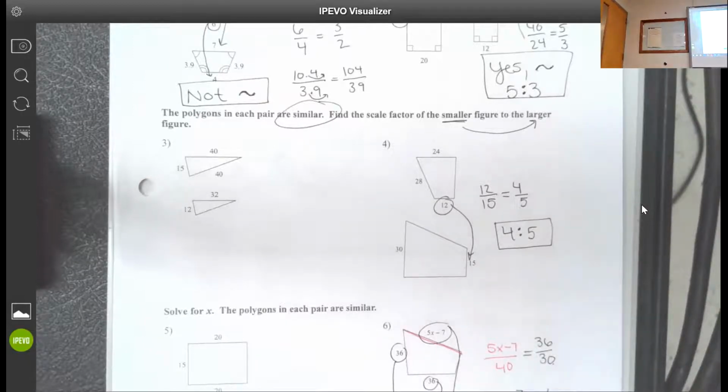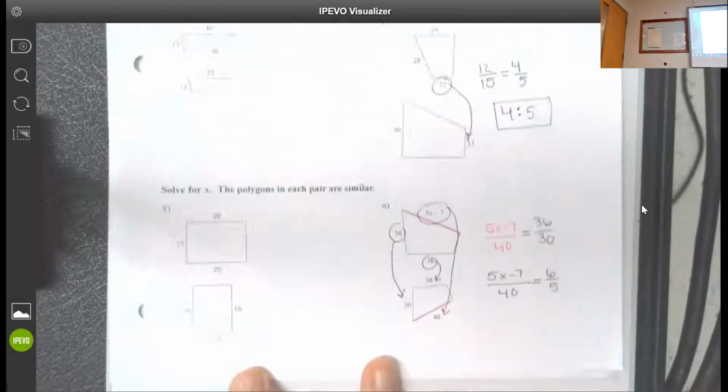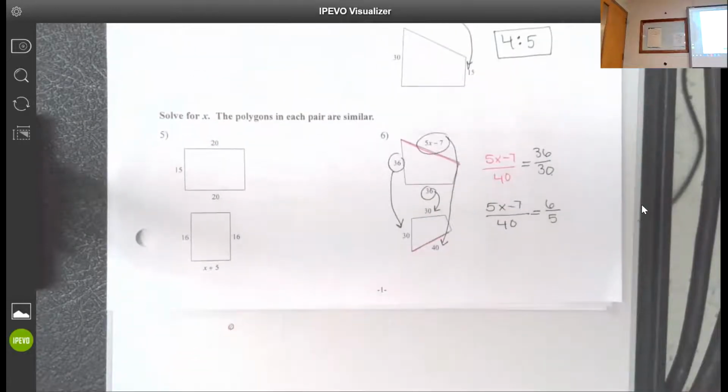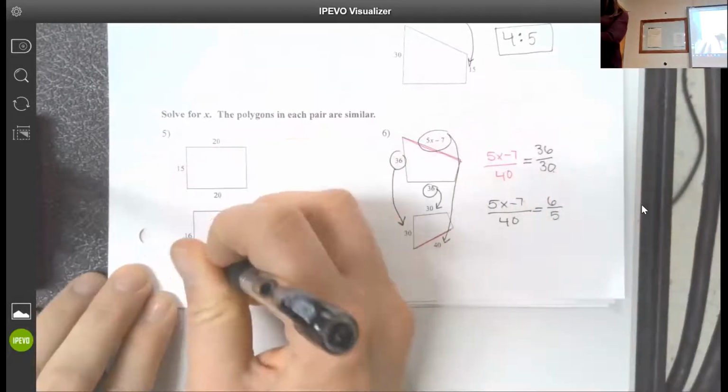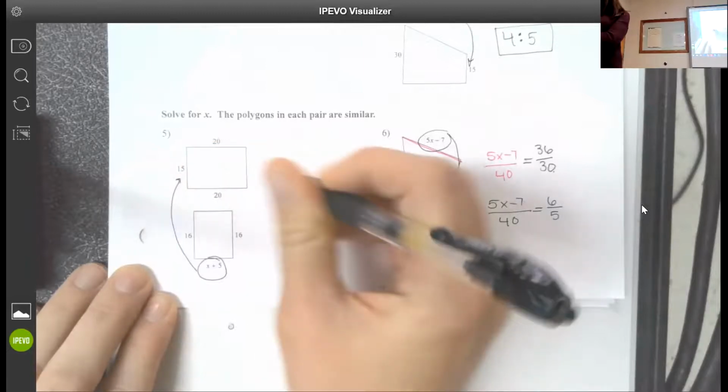Okay, then it gets to this section, which is definitely more involved than what we did. This is like what's at the bottom of the warm-up. So we're going to set up a proportion. We know that they're similar, and we're going to solve. But you can see that there's more going on than just the question mark or just x here. What does this x plus 5 side correspond to in the other figure? 15. This shape's been flipped around. So x plus 5